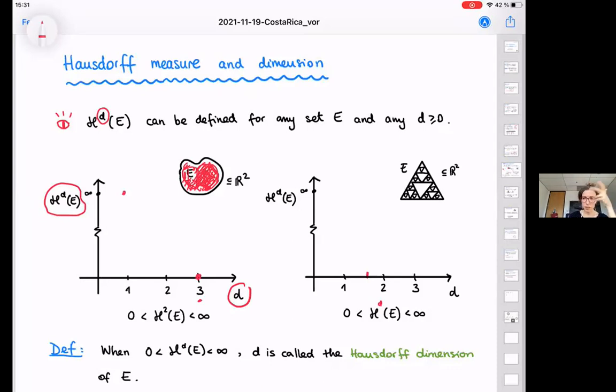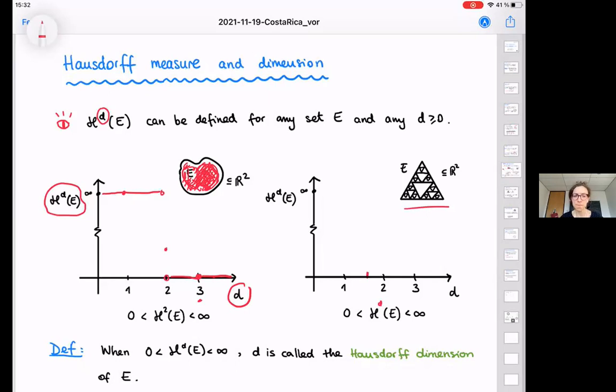Well, it turns out that if we continue doing this, this will happen all the way, because in 4 dimensions, it's nothing. But there's a sweet spot at number 2, where the Hausdorff measure of this is not 0 and it is not infinity. The same thing happens with a fractal, like this one, my favorite fractal for today,